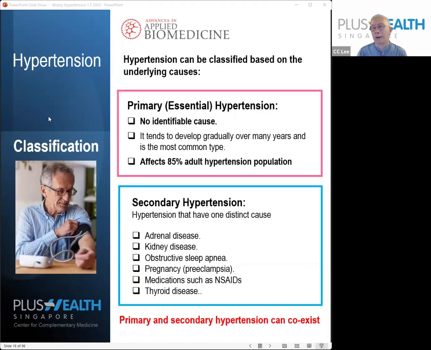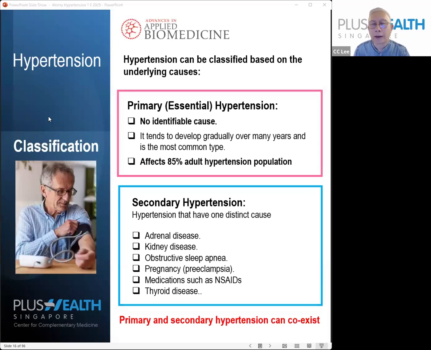Okay, so much for the risk factors we talked about on the diet. Let's talk about how hypertension is classified. Hypertension can be classified based on the underlying causes. We can classify under essential hypertension, which is primary hypertension. It's hypertension where there is no identifiable cause. This is the most common type of hypertension in our population. 85% of the people who suffer from hypertension fall into this category of essential hypertension, which means that there's no real